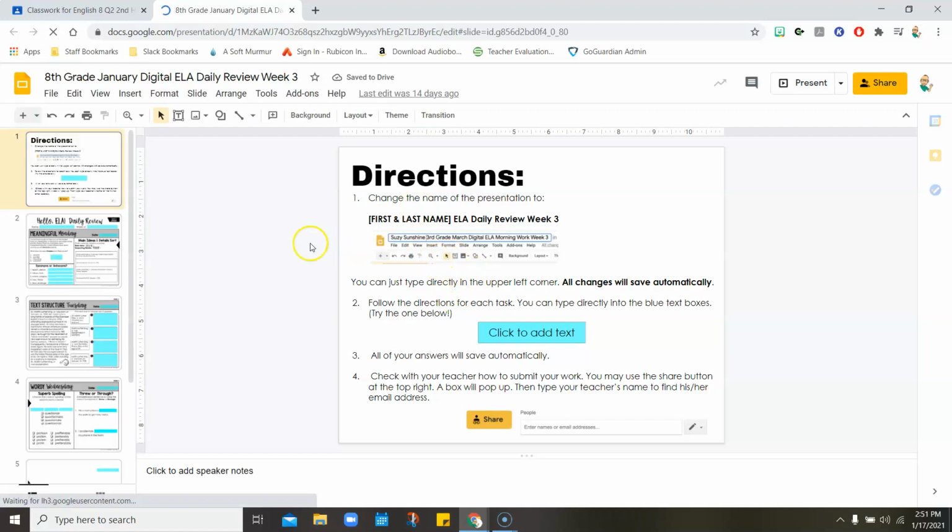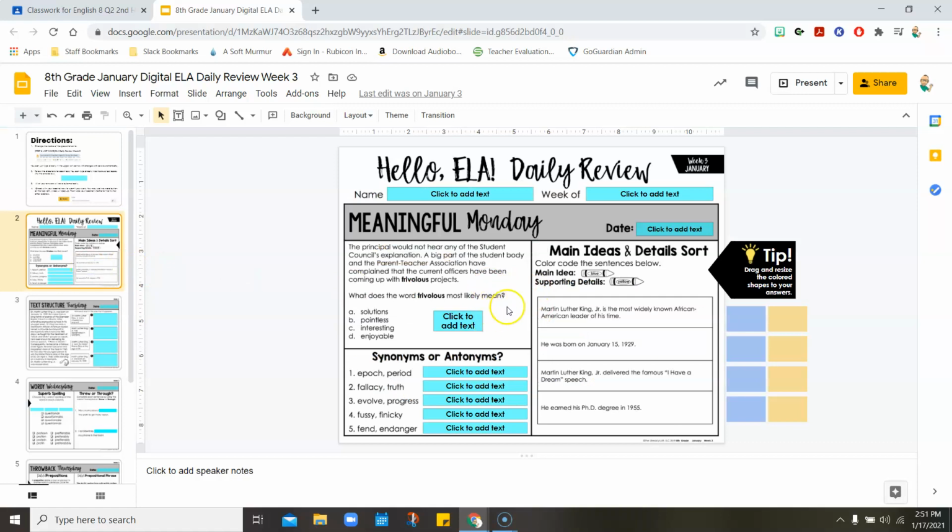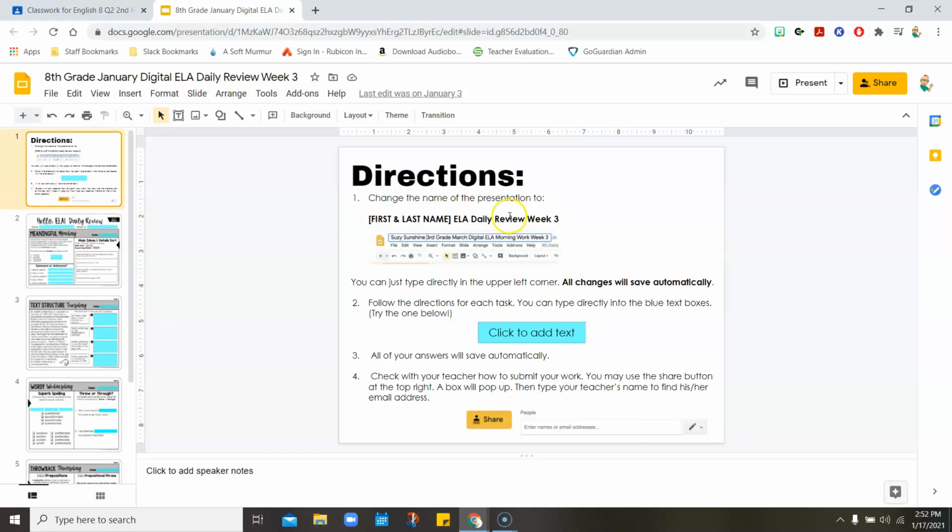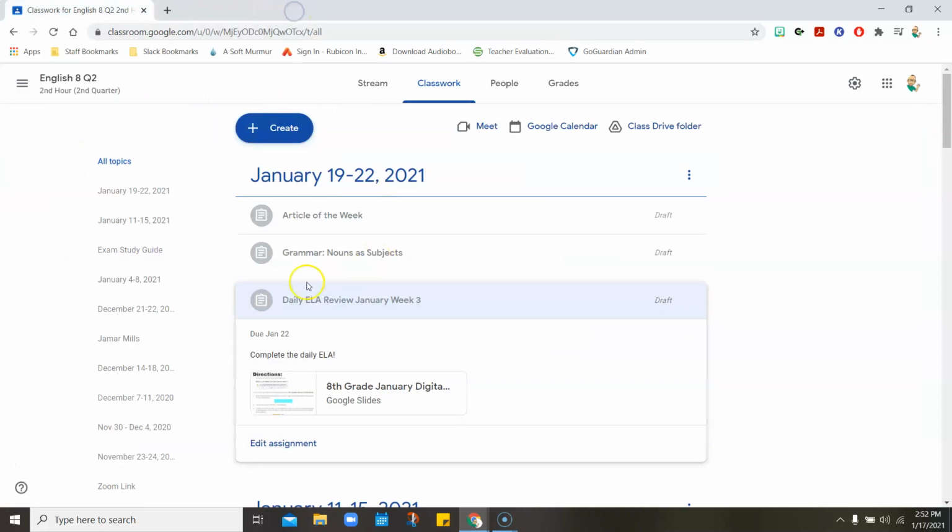So remember, don't skip any of these. If there's anything that you need help on, we're going to go over these in class for those of you that are in person. If you're not in person, feel free to send me questions about any of the ones that you're having trouble with. Normally, I'll be available on Wednesdays for the remote students. However, this Wednesday I will be at a conference, so I will be unavailable. But I'm always available through email if you want to send me an email.